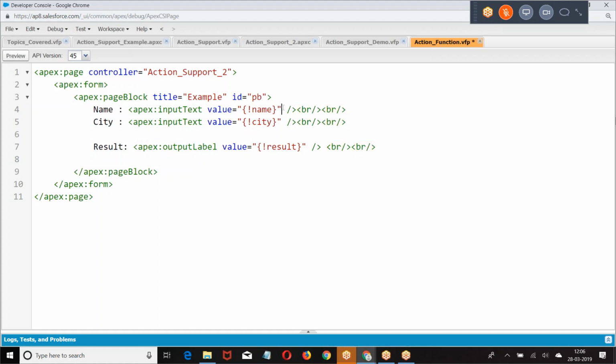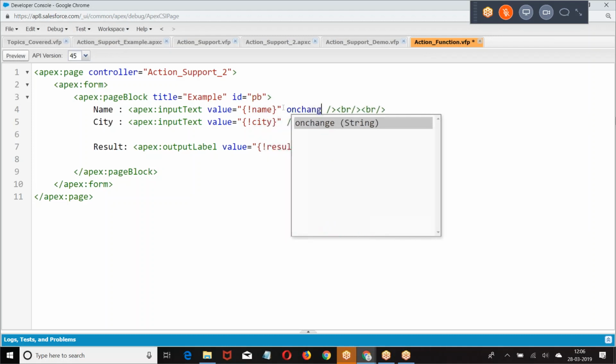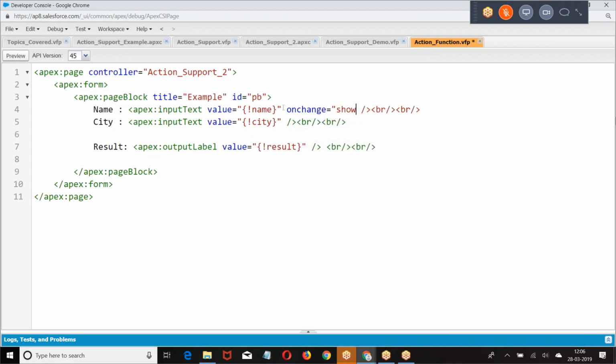Now, on change, when the event occurs, we want to call.